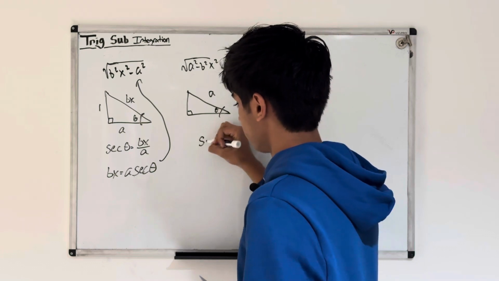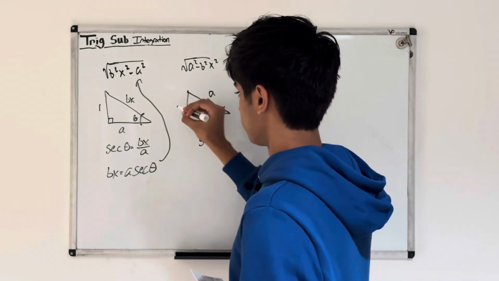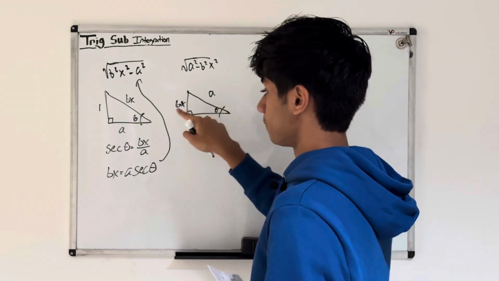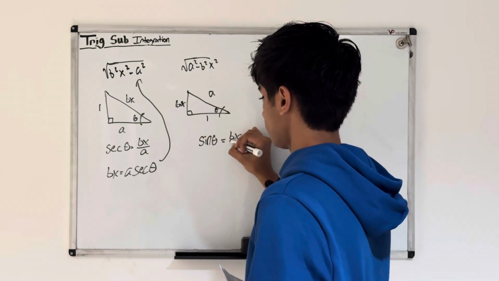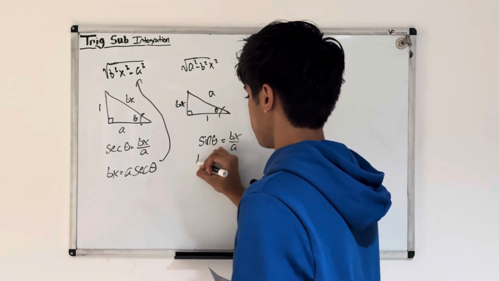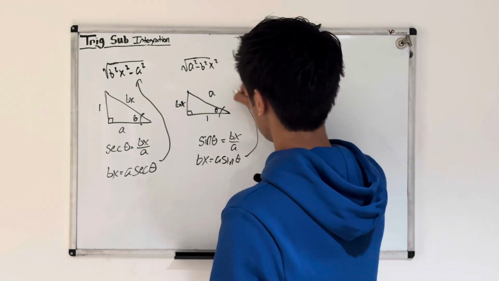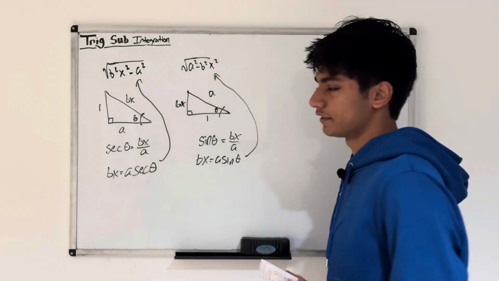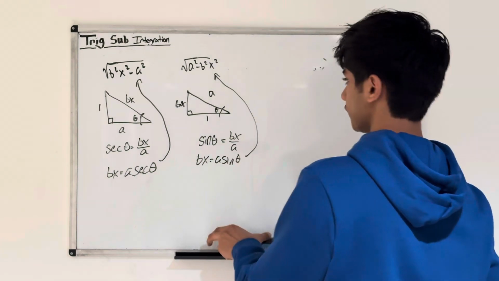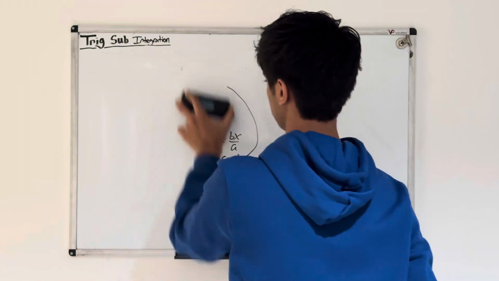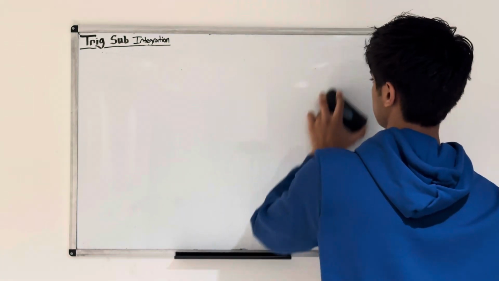Well, if we do sine of theta, we set this part to be bx, this part to be 1, we get that sine of theta is equal to bx over a. And we get a similar expression that bx is equal to a sine theta, which we can then plug in to here once we take the derivative as well. Let's just do one more example just to see another type of trig substitution, and then we'll be done for